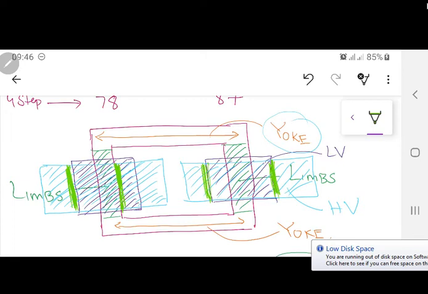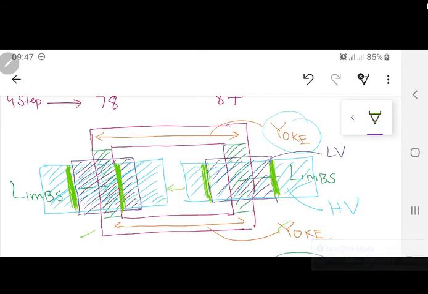Now based on that diameter, since that diameter is going to be the same on each limb, when you have designed the two limbs, or even the third limb if it's a three-phase transformer, then keep this distance equal to some threshold value. This threshold value is dependent upon two factors. The first is the voltage which you are applying. If it's 11 kV, then there is a potential difference between these two windings, because these two windings are 120 degrees displaced from each other.